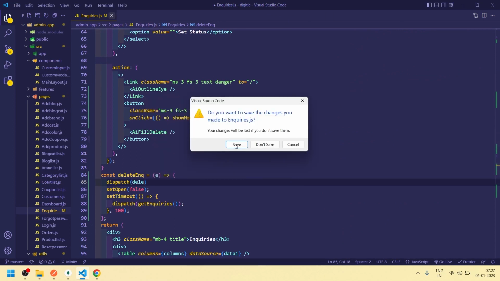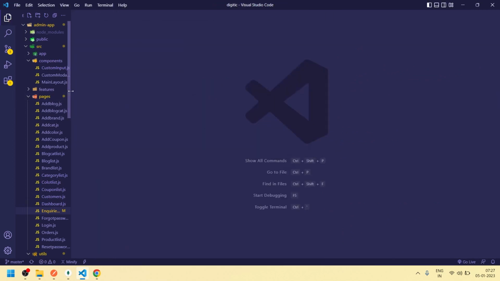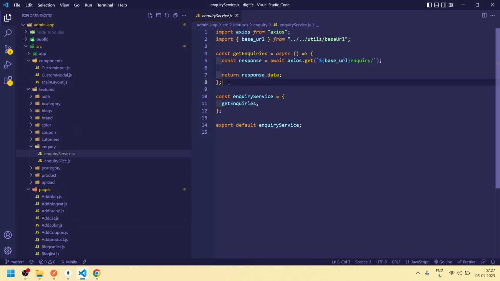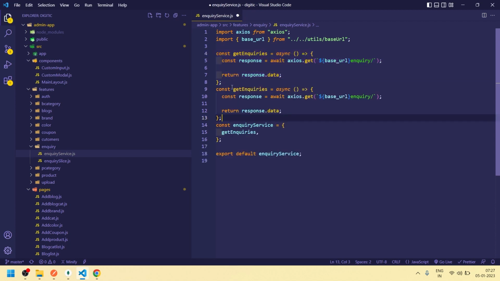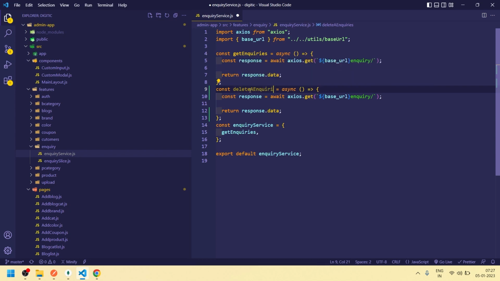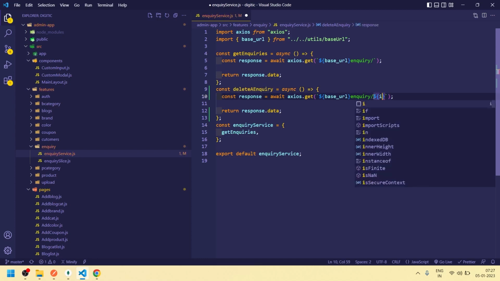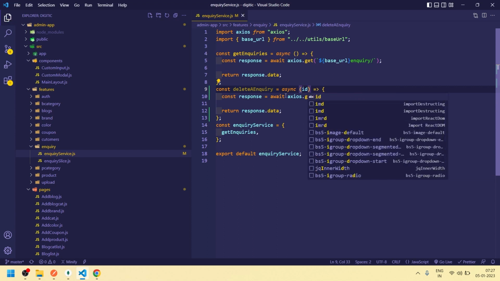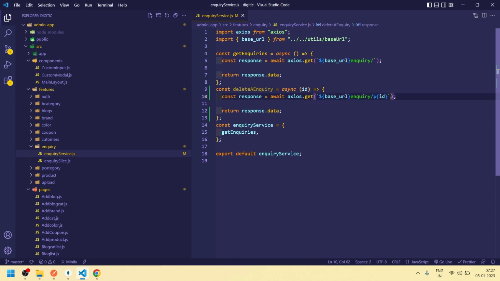So for that, do not save for some time. Okay, now go to features, go to inquiry service, and here Control C, Control V, and this will be deleteAInquiry. Okay, and now here we need to pass $id. Okay, and this id we will get from here, and to delete an inquiry we need to pass the token